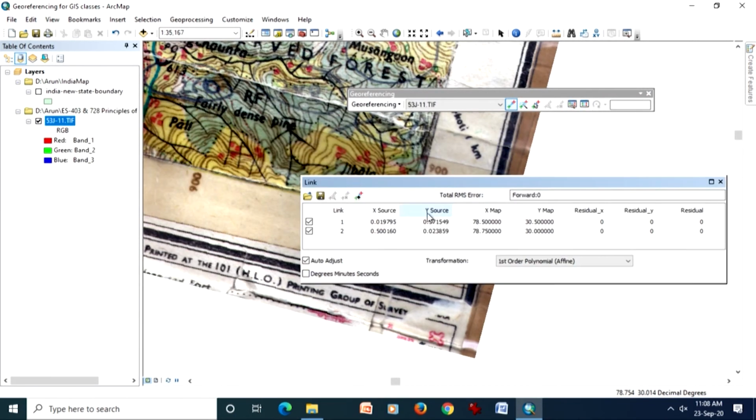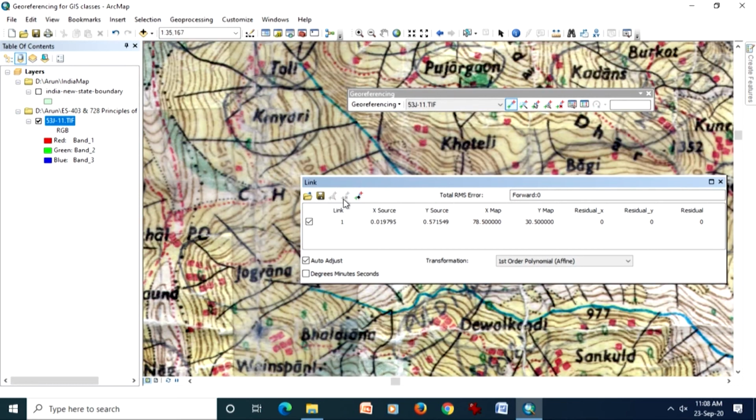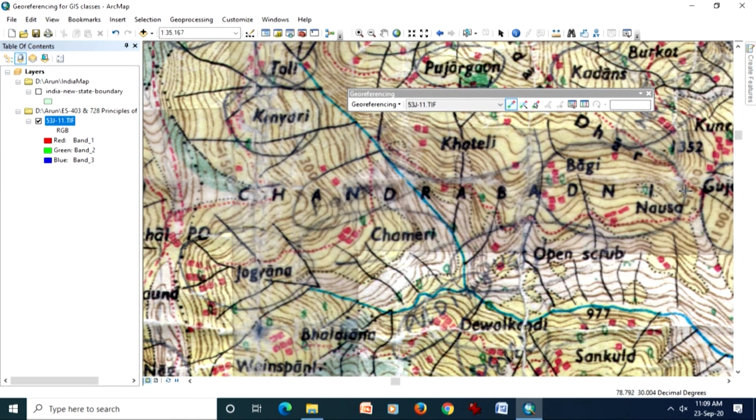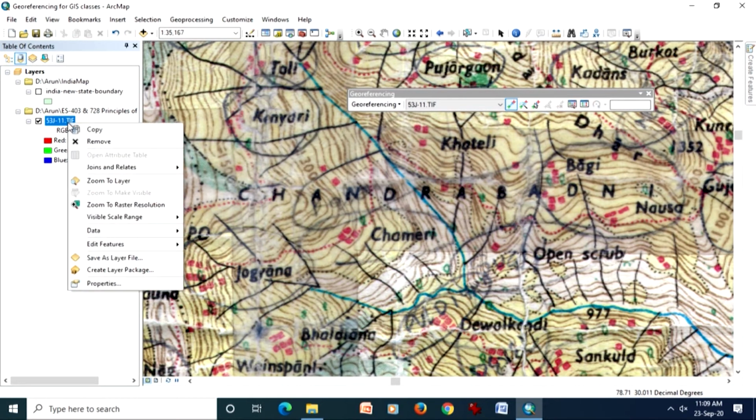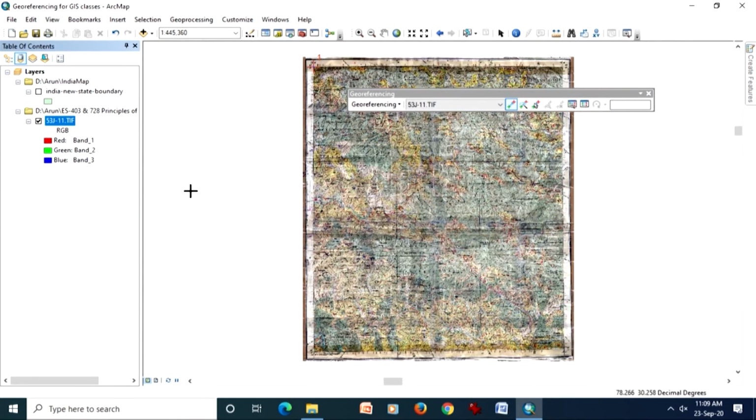So, what I will do, that is good that unintentionally this mistake has happened. Now, I want to remove this point, which can be done like here, delete the link, and I will recollect it, no issue. And this is a sort of iteration process, and we keep doing it till we get the satisfactory registration. So, after this again I will collect more properly for this one.